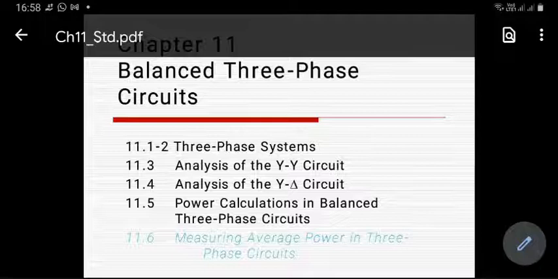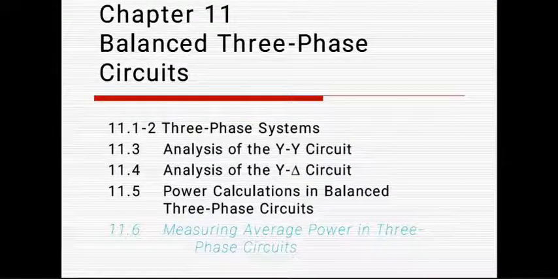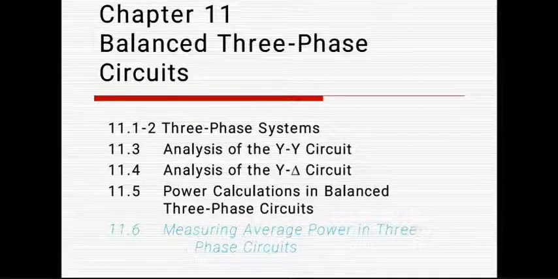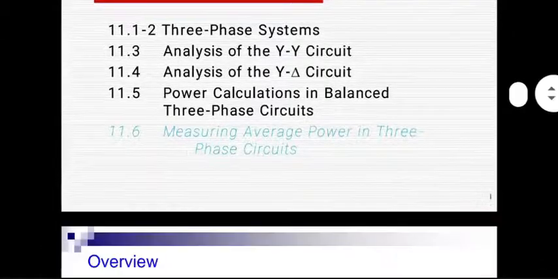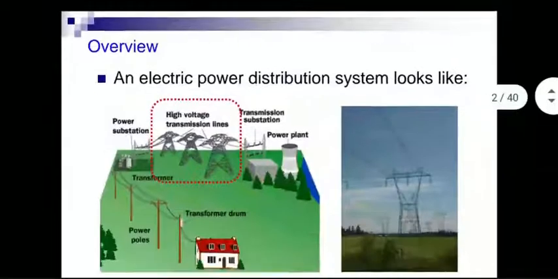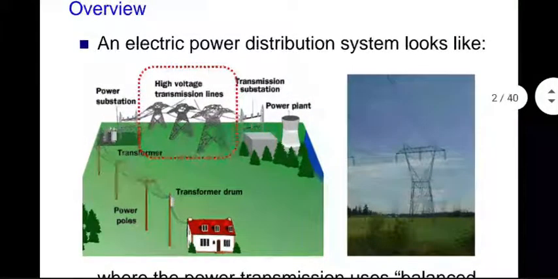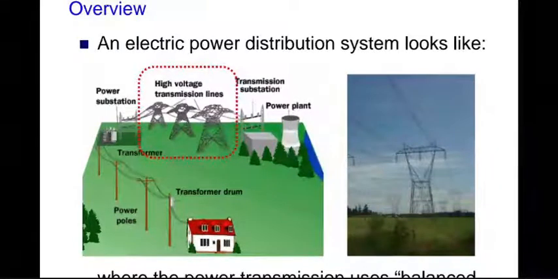The other 2 possibilities, delta Y and Y delta, can be done either ab initio or can be done by converting the load appropriately into a form so that the overall result is one for which you have already done the analysis. Okay, we'll see how it goes. If time permits, we'll go into each one of them. But in the meantime, let's capture the discussion once again. Why are 3-phase systems so important? And then I'll go into detailed analysis of YY system to begin with.